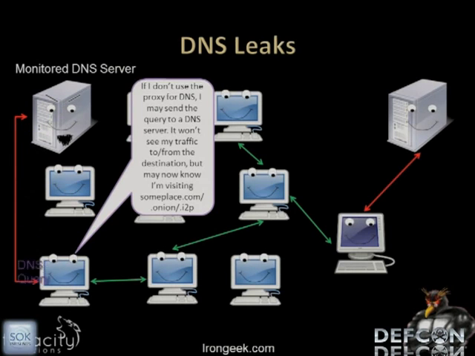The same thing goes for .onion and .i2p addresses. These are hidden services and eepsites, respectively. While your communications to them might be secured and no one can see what you're sending, if your DNS settings are misconfigured or your browser is not properly supporting them, someone who controls the DNS server can just sniff that connection to the DNS server and figure out, oh, well, I'm not sure what he's doing with this I2P site, but I know he's contacting it. And depending on what the site is, that could be bad enough.